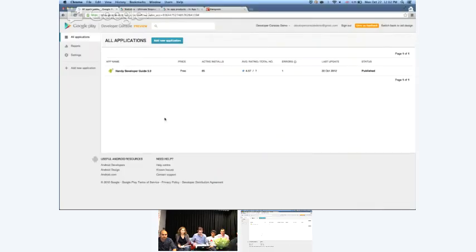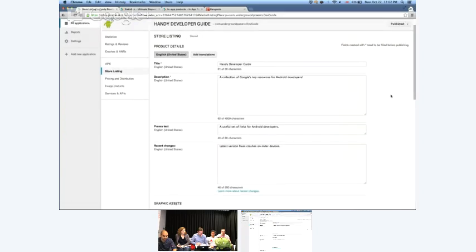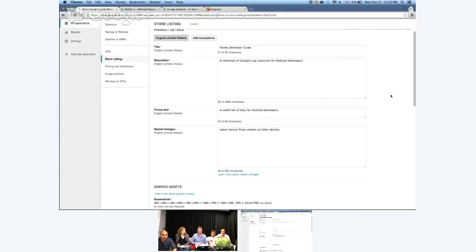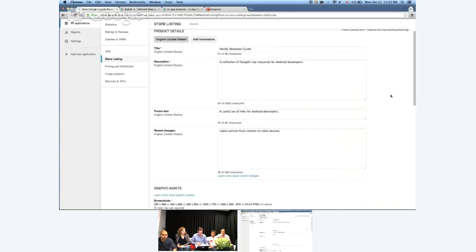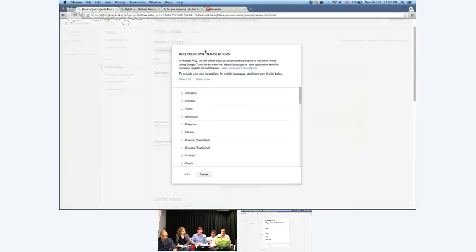Here we go. You may remember the demo at Google I/O, so you may remember this app. So basically, that's the start page if you arrive on the new page, and you see here the handy developer guide, which got published during the demo at Google I/O. So yeah, you start with the store listing with the most important information about your app. What's interesting with the new page is that we now support up to 49 localized versions of the information. So for instance,